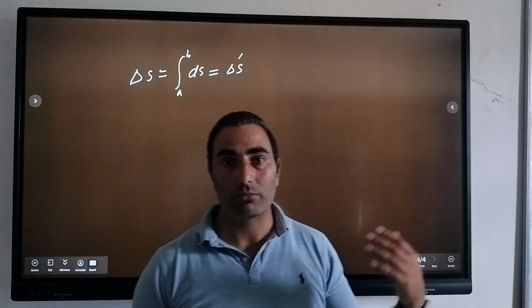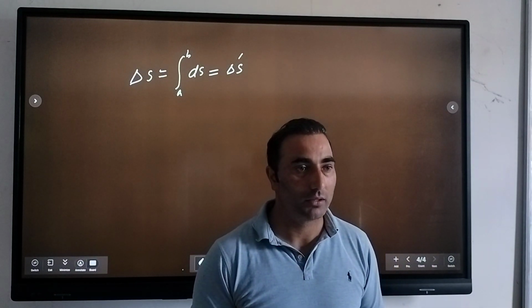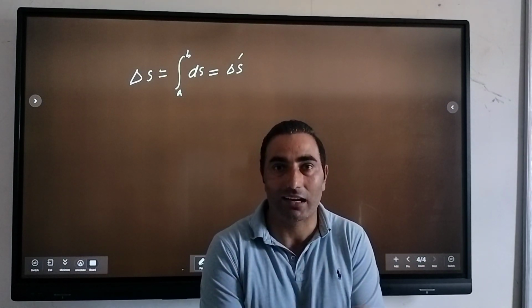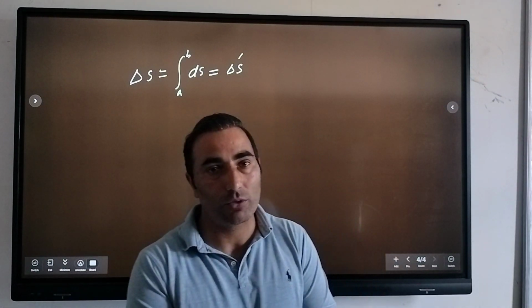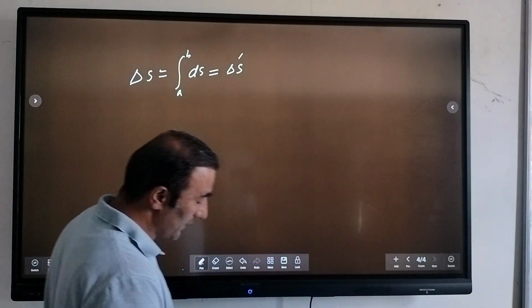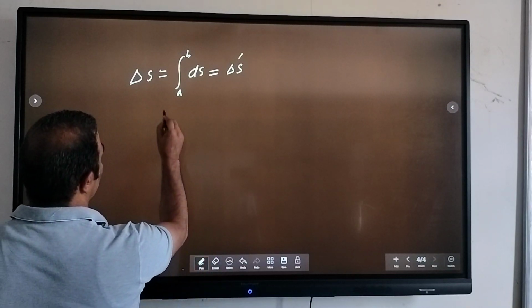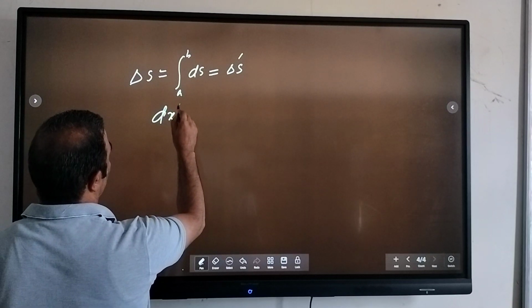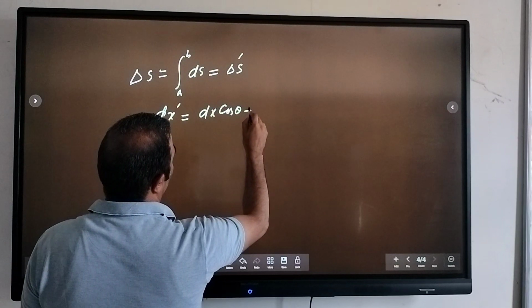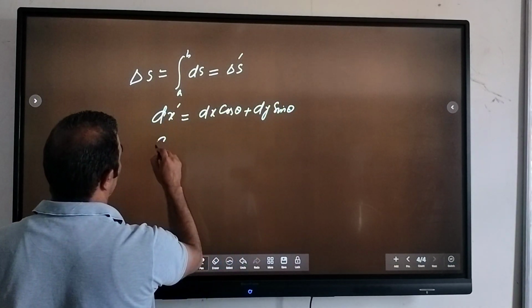So if we have some equation like Newton's second law, F equal to ma, let us see that we can also calculate it with the help of these transformation equations, right? So we can write here, if you rewrite those terms, if you remember from our original equation, that dx is equal to dx cos theta plus dy sin theta,